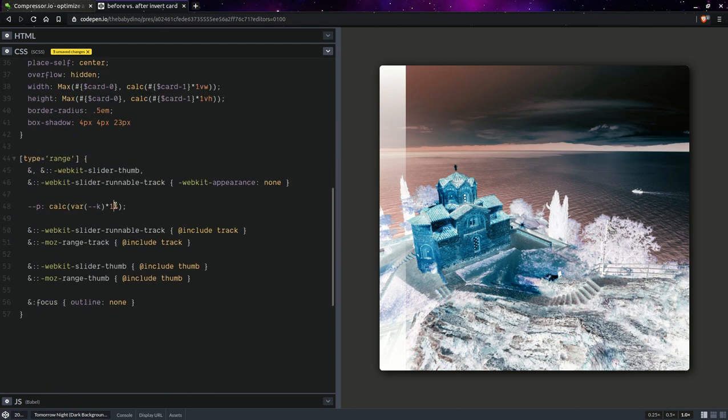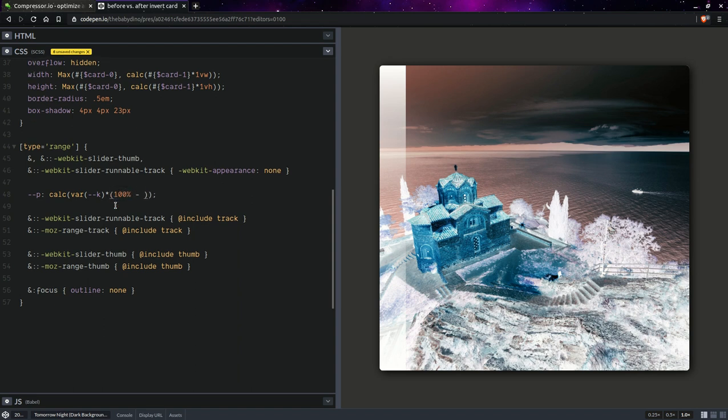So it's going to get multiplied with a range that's 100% minus the thumb width. Okay, and we're going to divide this by 100, because 100 is the maximum value the range can take, minus the minimum value that range can take. So 100 minus 0 is 100. Okay, so